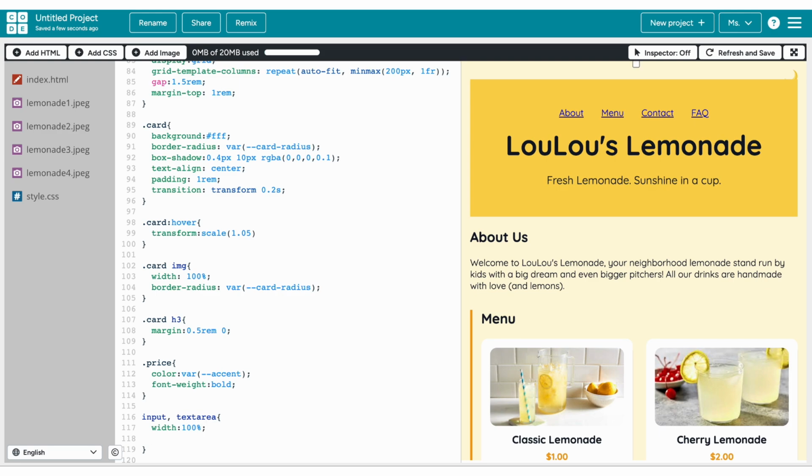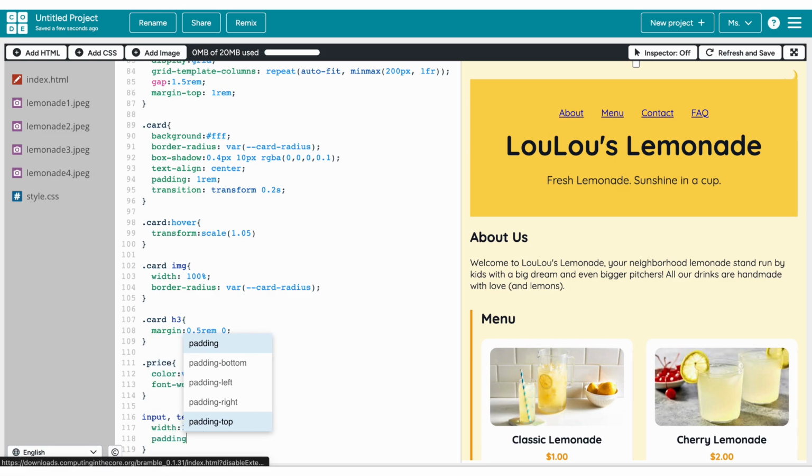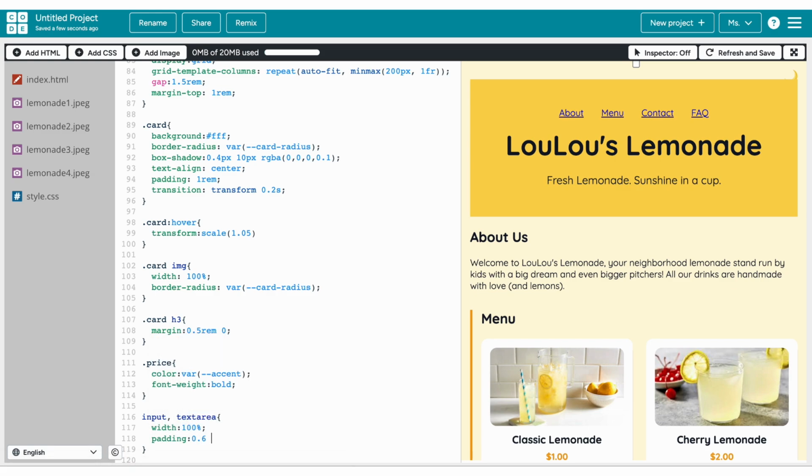So give it a padding of 0.6rem. And then let's also give it a bottom margin of 1rem;